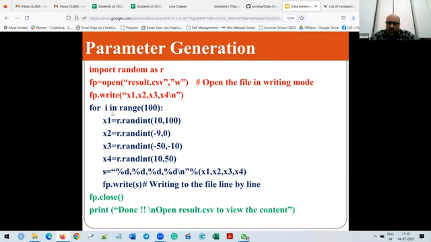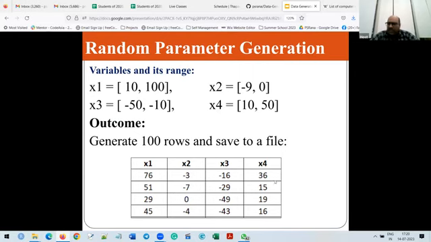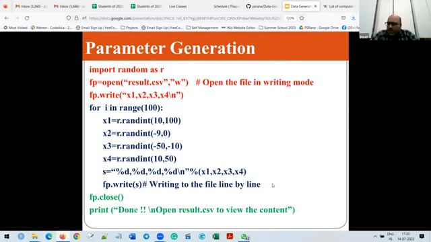After that I am starting a loop of 100 iterations. अब जो मेरे random parameters हैं x1 to x4, I call random randint. तो x1 से x4 तक मैंने generate किया है. Then I write to the string with %d, उनको मैंने लिख दिया and just write the string to the file. So it will run 100 times, and after that when the loop is over, close the file and just open the CSV. So you will find this type of data set. So I hope सभी को ये क्लियर है कि कैसे रैंडम पैरामीटर जनरेट करने हैं.